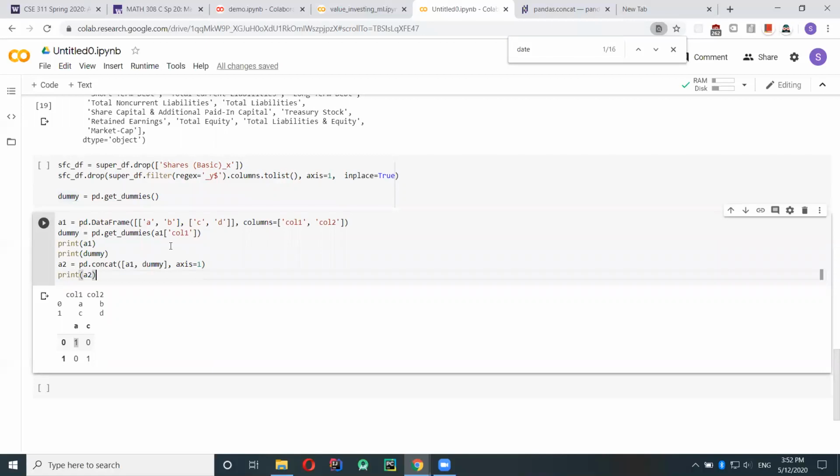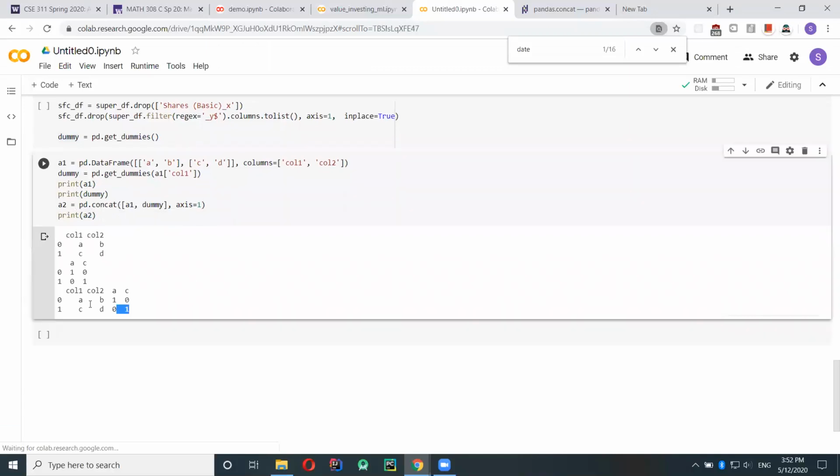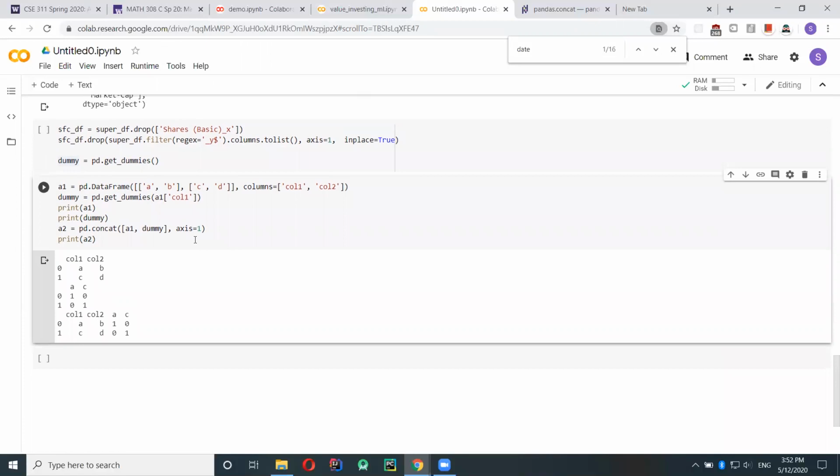So we add the new values onto the end as new columns. You can see here, and that is correct. However, we have the same data represented here and over here: you see col 1 A C, and we also have A C here.